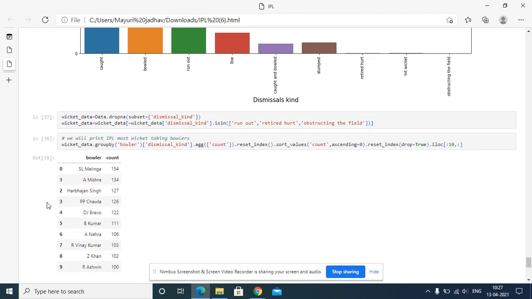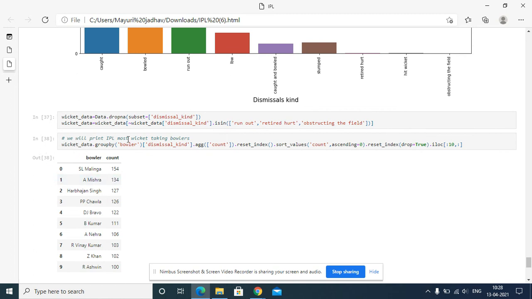And then data drop, subset dismissal kind. Wicket data equal to dismissal kind is run out, meaning I will handle the different cases.